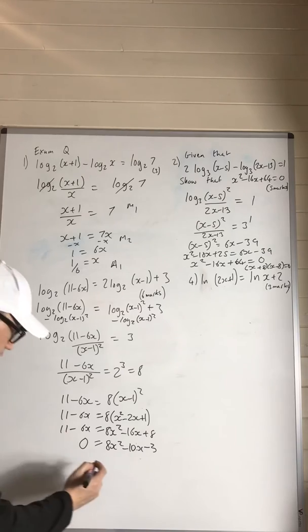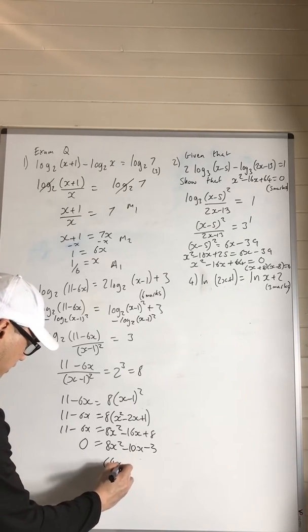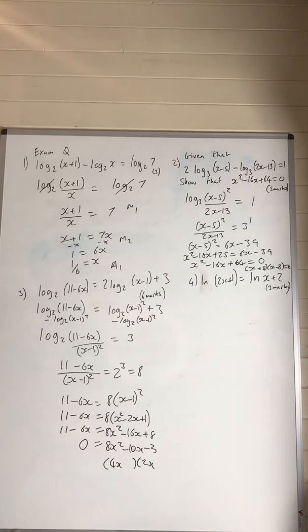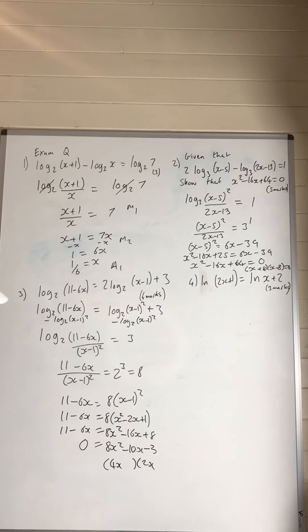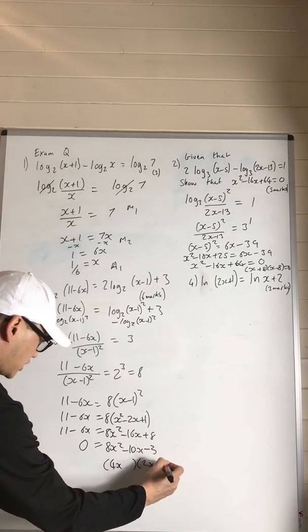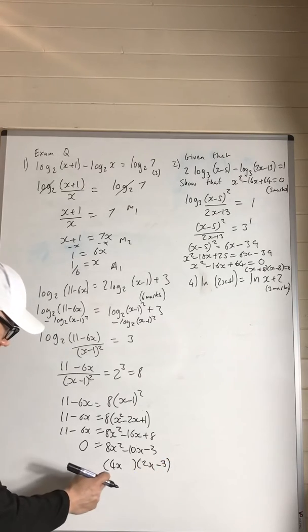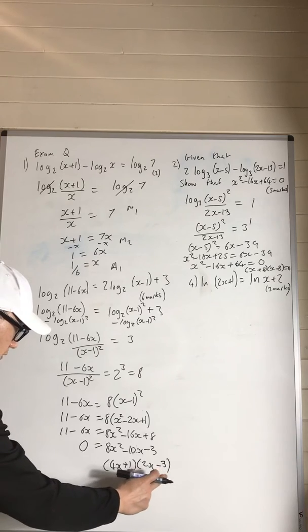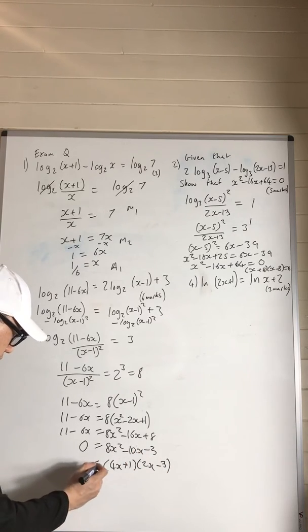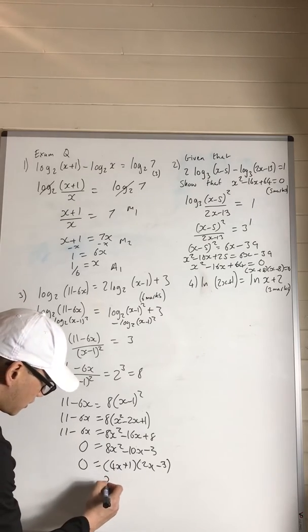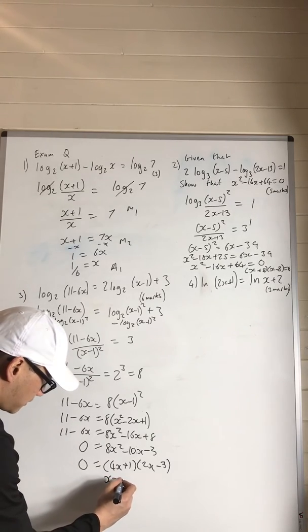Now we factorise, and I know it's going to be a 4x and a 2x. I don't have the space to show you the working, but you should all be able to do that now. We need a minus 10x, so if I have a minus 3 here, it gives us a minus 12x and a plus 1, which gives us that minus 3 and minus a 10x equals 0, and we're almost there. So x equals